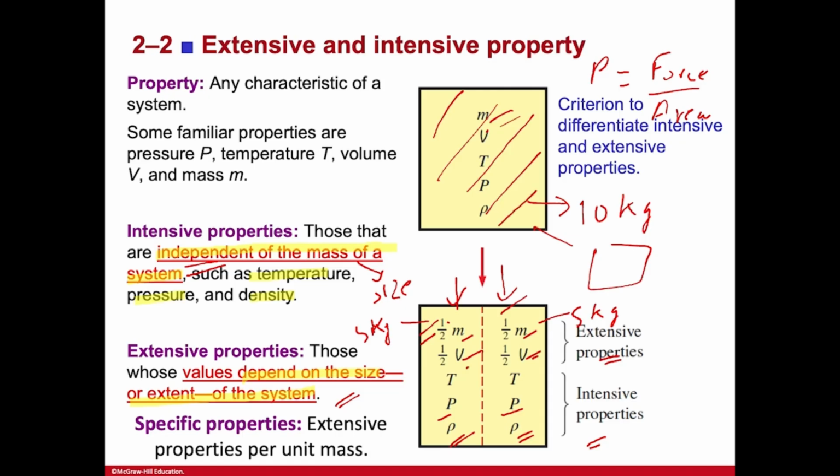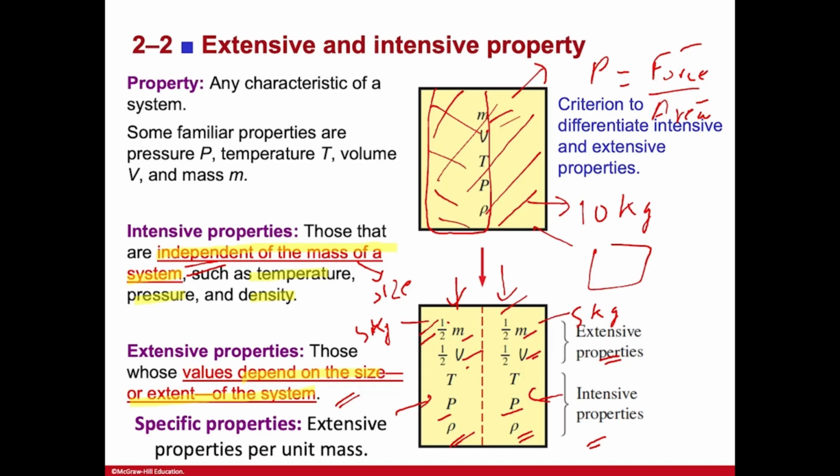If you're applying a uniform force across this cross section, and I ask you to find the pressure on this total cross section, you'll divide the force by the area. Now, if I divide the system you're considering into two and ask you what is the pressure on this half only,